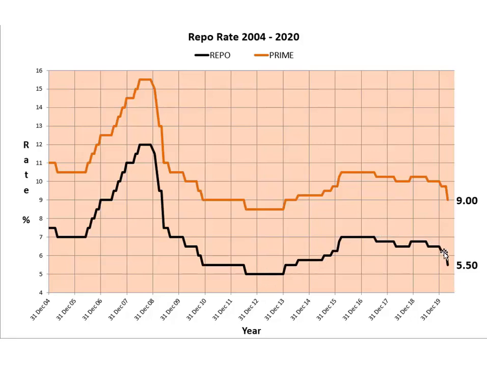It's gone up, it's come down a little bit, and currently it's at 5.5 percentage points. When the banks borrow at that rate from the Reserve Bank, they add 3.5 percentage points, which is effectively their profit margin, so that they lend out to you and I at the prime rate. Now, of course, not everyone gets to borrow at the prime rate. That's up to the bank's discretion. But for the purpose of this example, I'm going to assume that the current cost of debt in South Africa is 9%.